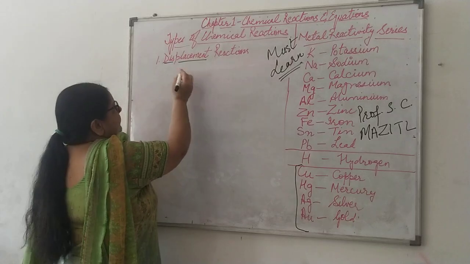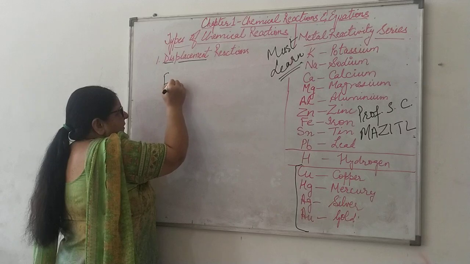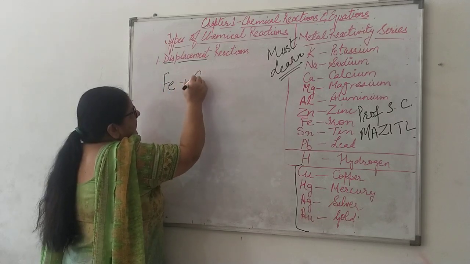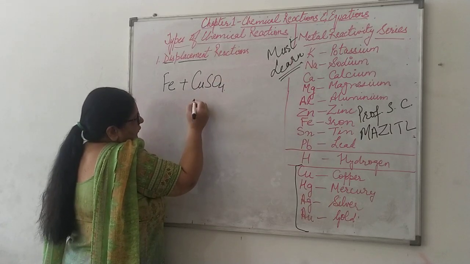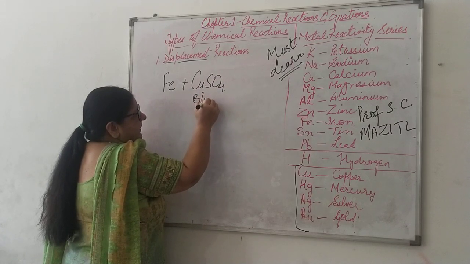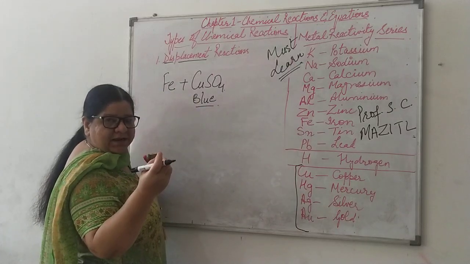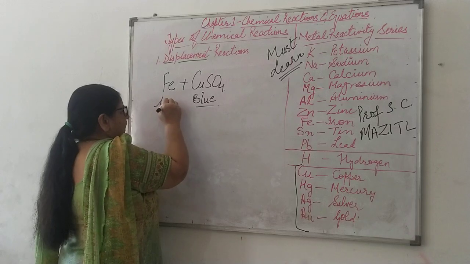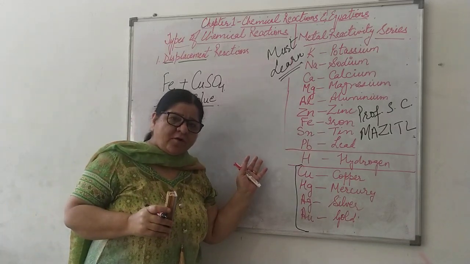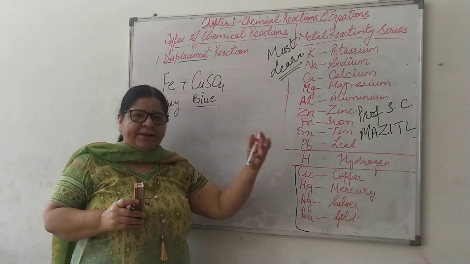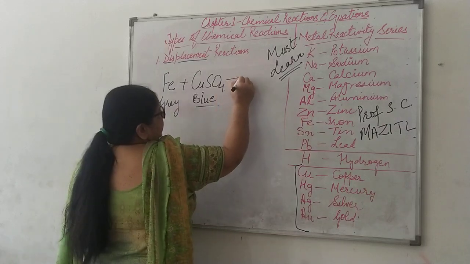Now we take this example. Suppose we take iron nails and put them in a solution of copper sulfate. Now copper sulfate, you know, it is blue in color. Now these iron nails, they are of steel color, that is grey color you can say. Now if we place these iron nails in a solution of copper sulfate for some time, say 20 minutes, 30 minutes, after that what we'll observe,